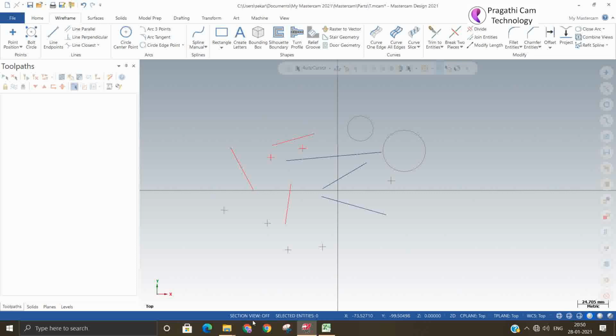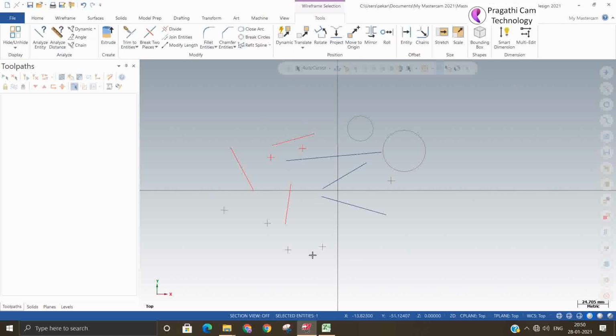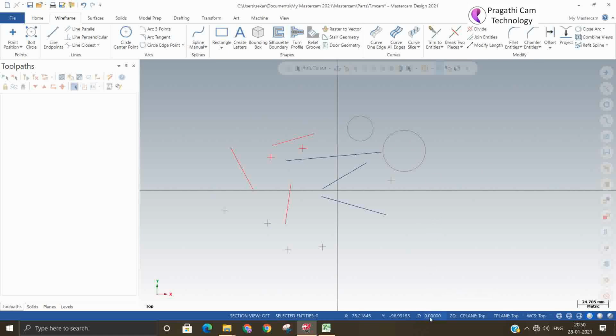At the bottom you can see the number of selected entities. You can see that I selected 3 points. It shows 3. See, if I move the cursor, you can see that the XY position here is changing.